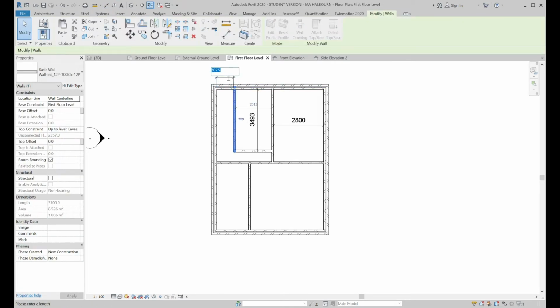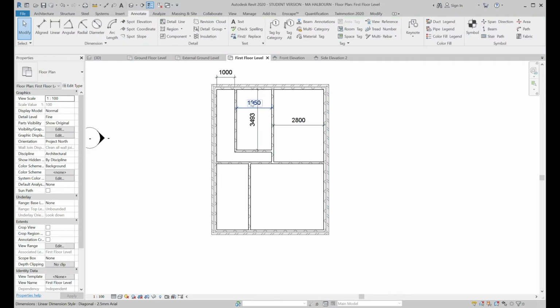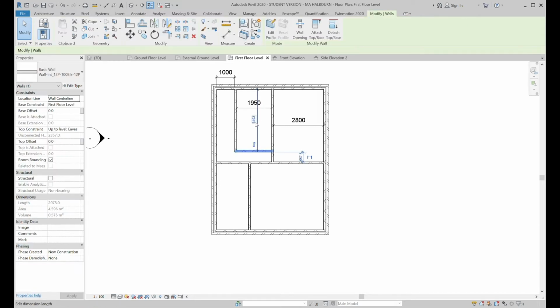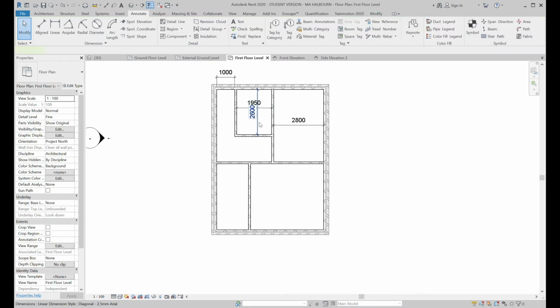So that's 1950, which is 50 mil short, and this dimension at 3493, it needs to be 2.626 as well, and that looks about right. That looks okay. I'll get rid of those. So if we go into 3D, now I've got the